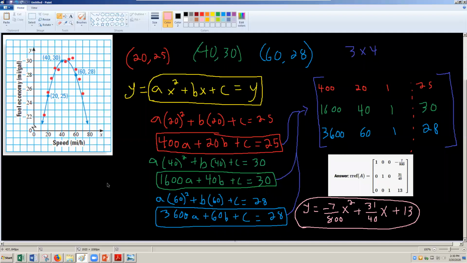Wait, so once you have the matrix, the thing you have on the screen that you drew, what do you do with it? What do you do in the calculator? This is where we do reduced row echelon form. So this is like the second matrix,